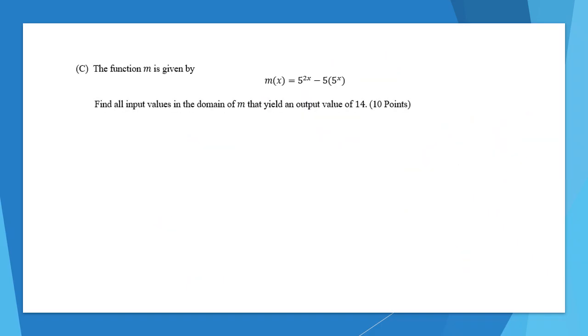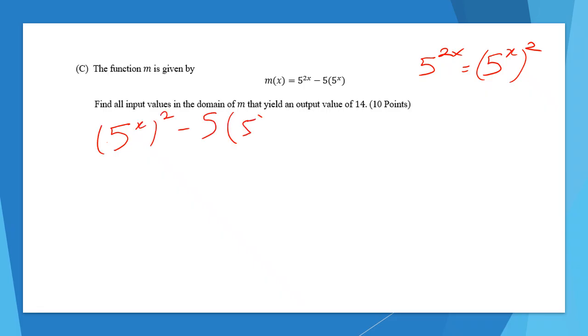All right, and then finally we have C. This is going to be an A method. So remember, 5 to the power of 2x, when we break up the multiplication, should be 5 to the power of x squared. So let's rewrite this as that, 5 to the power of x squared minus 5 times 5 to the x equals 14. Here we'll sub in a is 5 to the power of x to get a squared minus 5a minus 14 equals 0. Factoring this,